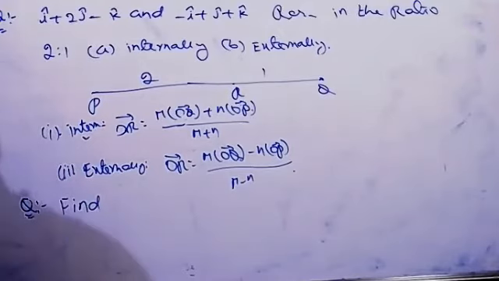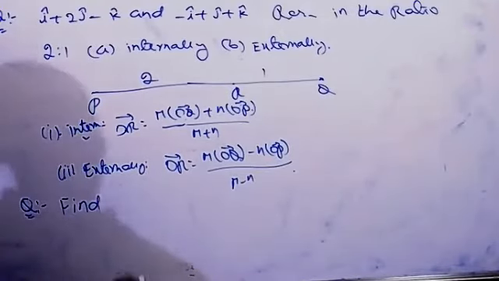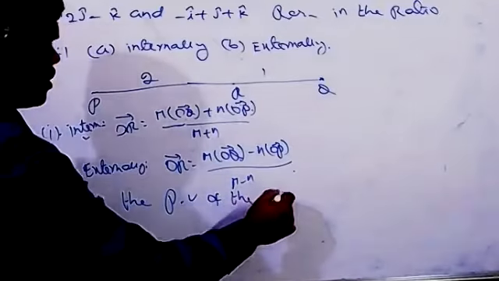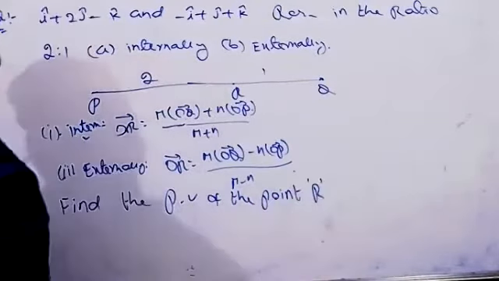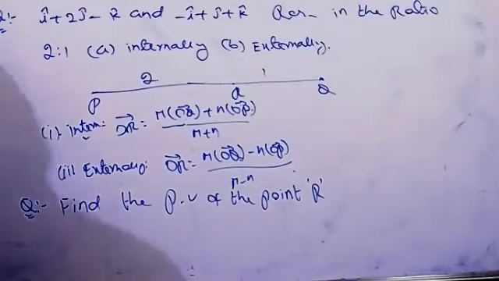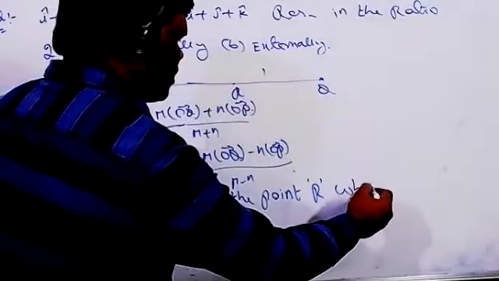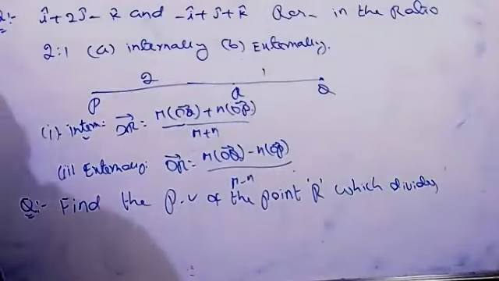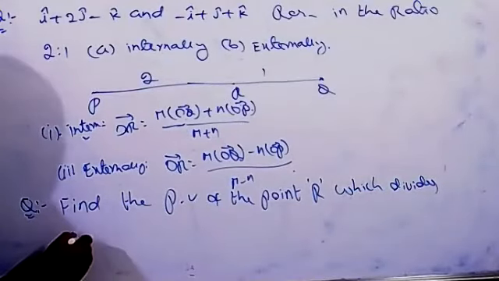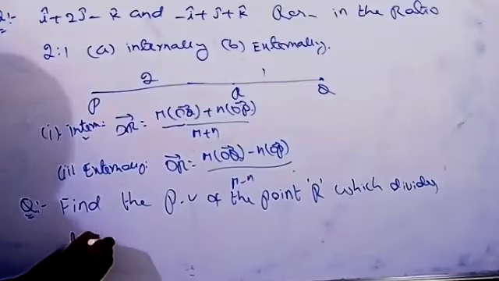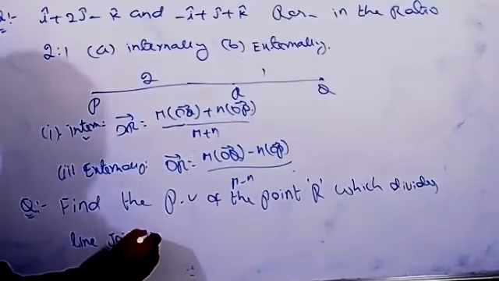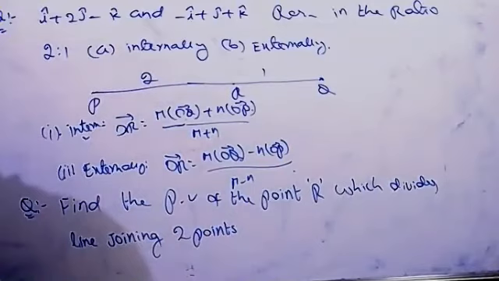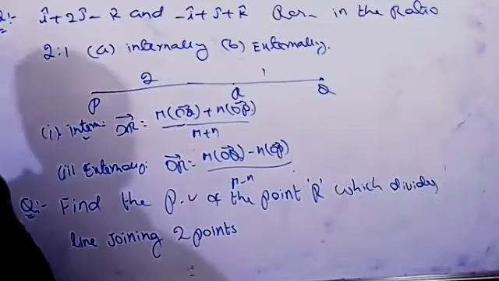Find the parallel vector of the point R, which divides the line joining two points P and Q,